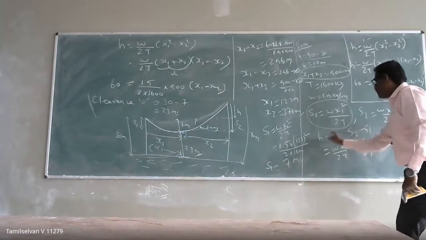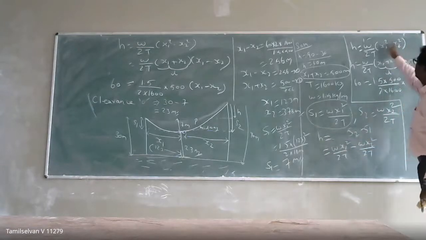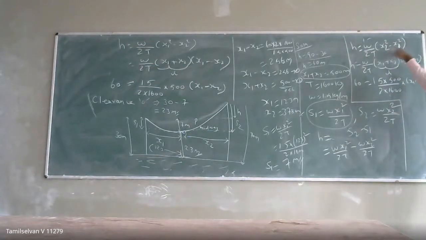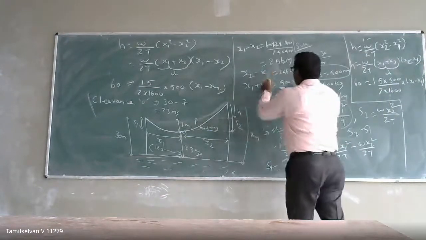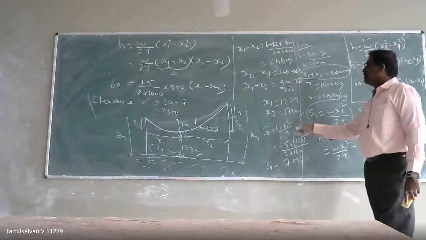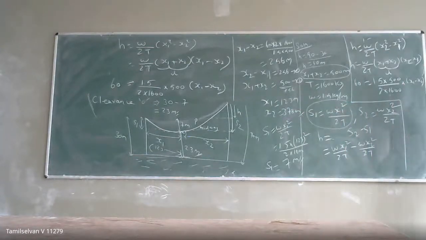S2 minus S1 is going to be the height. So automatically the interchange is x2 minus x1. It will be x2 minus your x1. This is your length. So automatically in that place you will get the pair x2, x1. Then you will get this answer. Otherwise, it will be interchanged. Okay, so see where we made the mistakes.